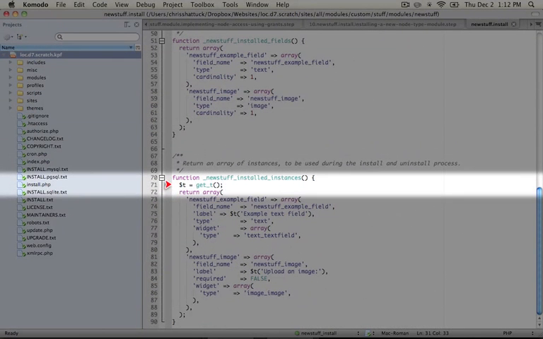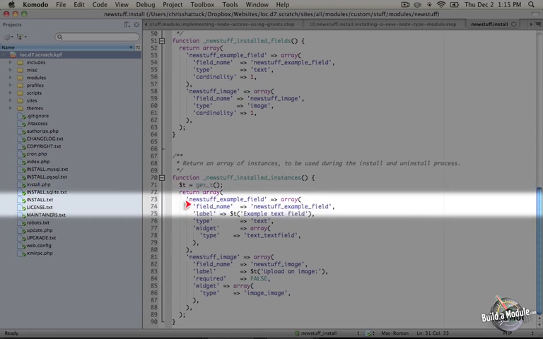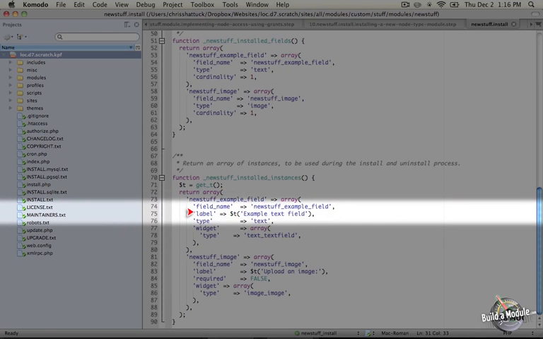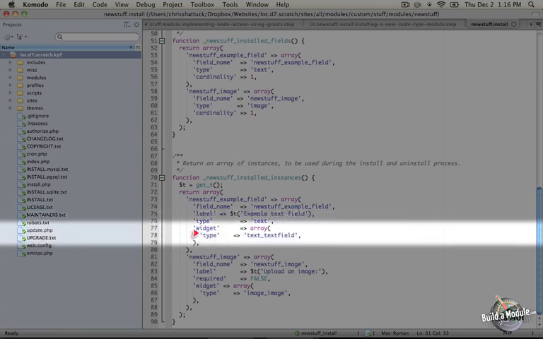Okay, because we're going to use the t function, we want to grab a t function that's already been defined by using the get_t function, and then we're returning an array. Our first one is an instance of the field new_stuff_example_field, so we're setting that as the field name. We're giving it a label of example text field, a type of text, and we're setting a widget type of text_field. For text fields, there are a number of widgets that are available,